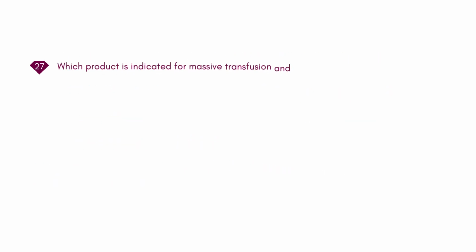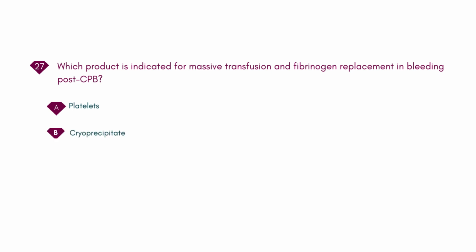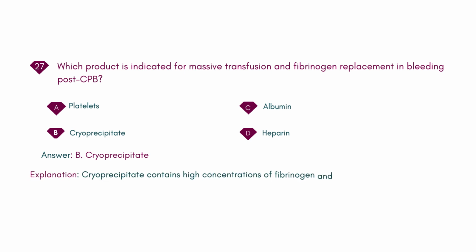Which product is indicated for massive transfusion and fibrinogen replacement in bleeding post-CPB? A. Platelets. B. Cryoprecipitate. C. Albumin. D. Heparin. Answer: B. Cryoprecipitate. Explanation: cryoprecipitate contains high concentrations of fibrinogen and is especially important in massive transfusion or when fibrinogen is less